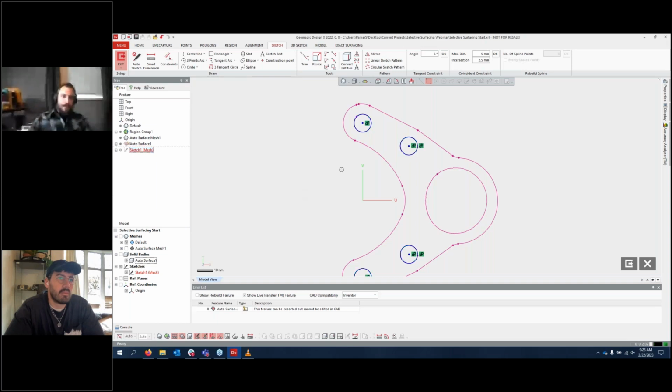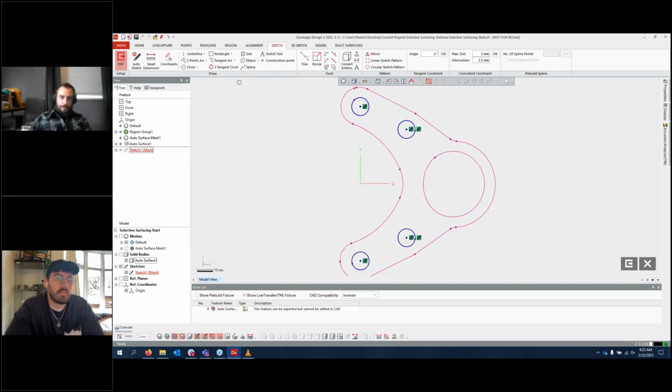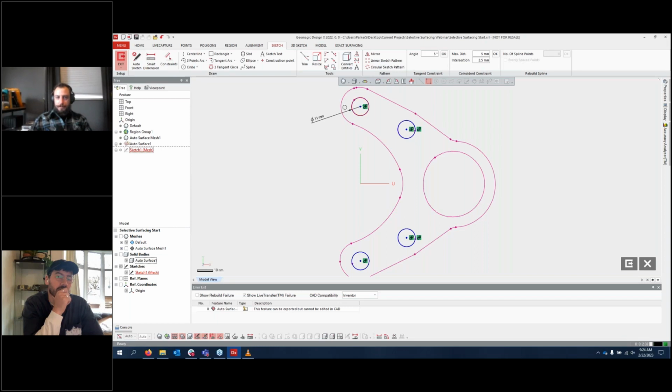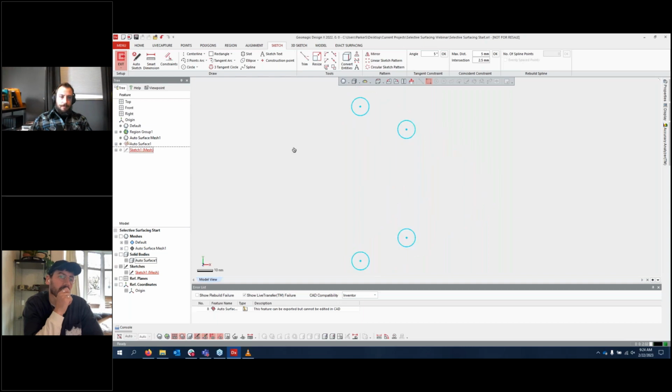I can also do smart dimension too, right? So if I want to say this is probably not intentionally a 10.93 millimeter hole in diameter, I can just override that to be 11, and now all 4 of those holes are 11 millimeters. And of course, I can set up all the rest of the reference geometry and constraints and relationships and stuff like that to fully define this sketch. In the interest of not spending a whole bunch of time on the webinar today, I'll just kind of leave it as is, but then of course, we can